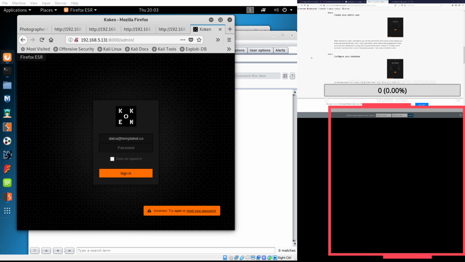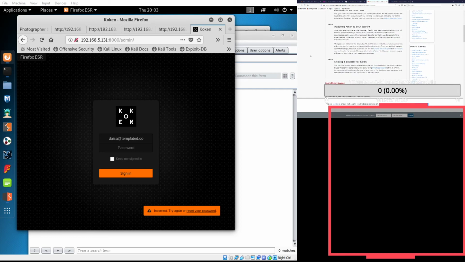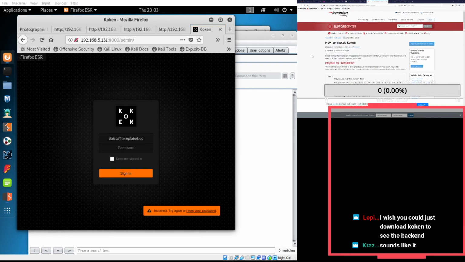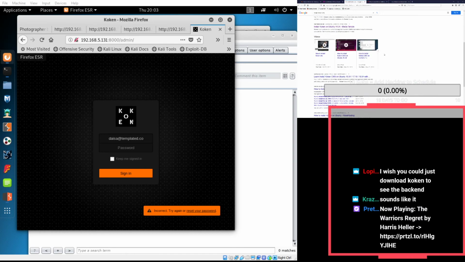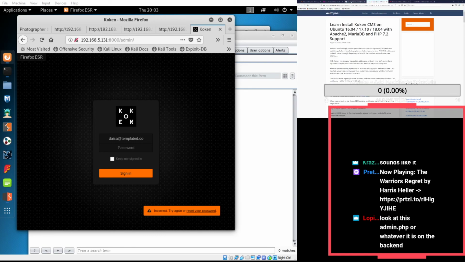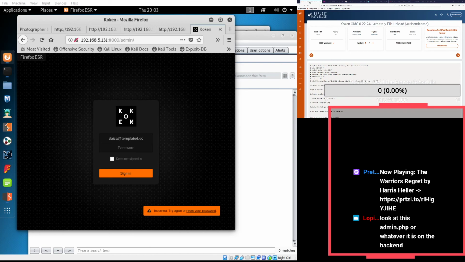Yeah, we're currently doing a social engineering engagement against our support staff, but it's just vishing, so it's not quite as exciting since we're going in completely blind. I know, seeing Koken would be nice. I wonder if there's another...